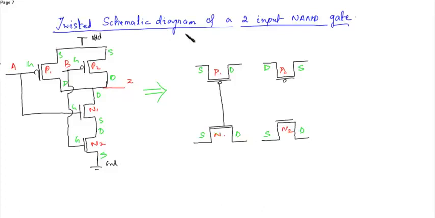So now the sources of P1 and P2 are shorted to VDD, and the two drains are connected. Next, these two drains are connected to the drain of N1,